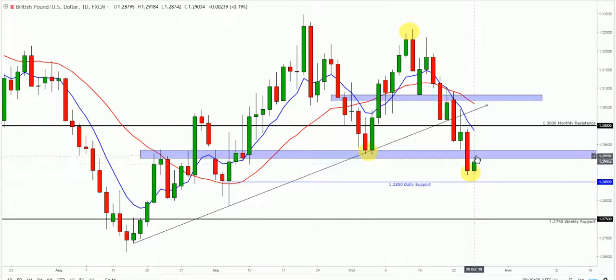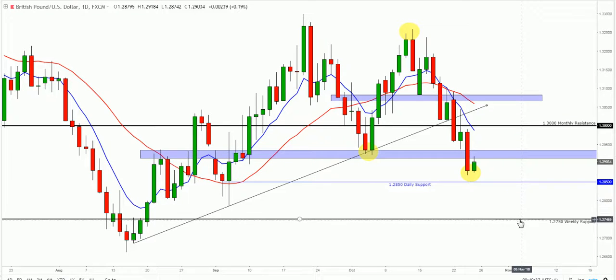Today price has come back up to tap this daily resistance, just to retest that, and now we look to head lower to first fulfill this daily support 1.2850, 1.2845 to 1.2850 before heading lower, as I say, towards that